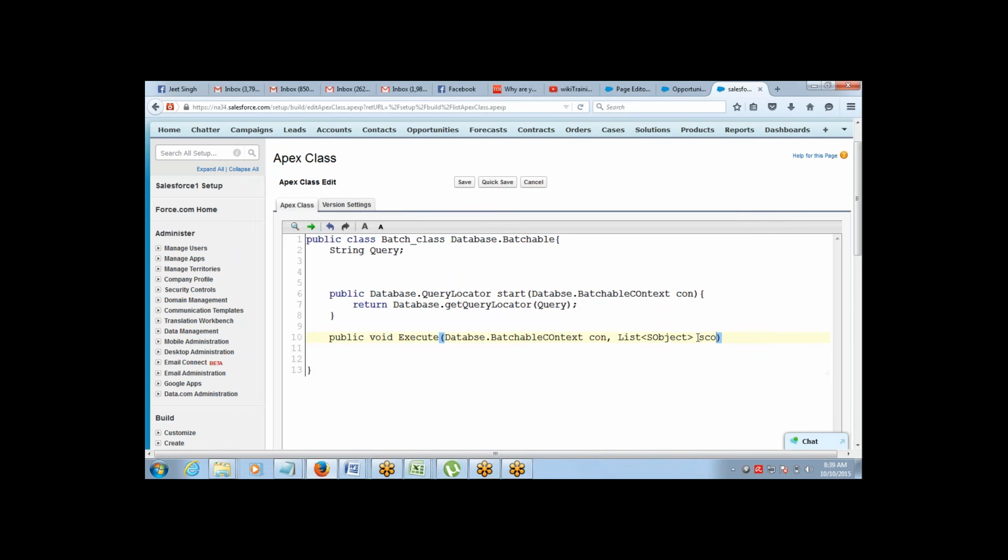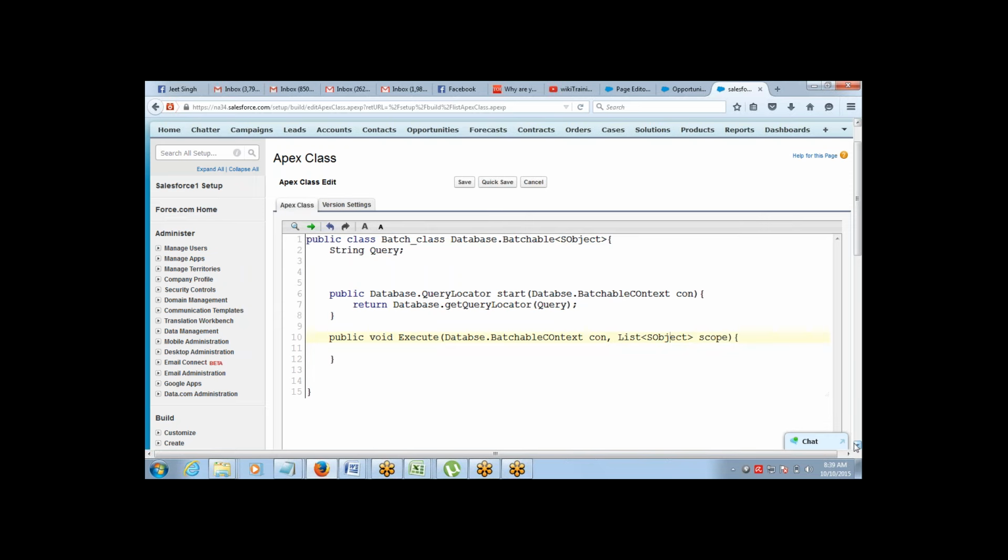List of sObjects scope. Now this scope will take the value from your start method. As Shefali was correctly saying, after executing the query, Database.QueryLocator is going to return you a list of sObject.